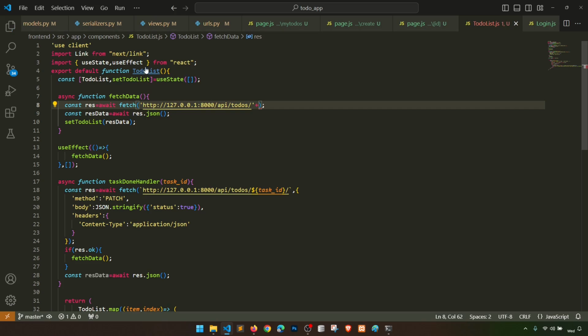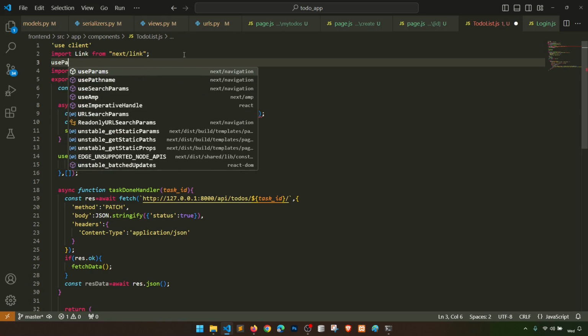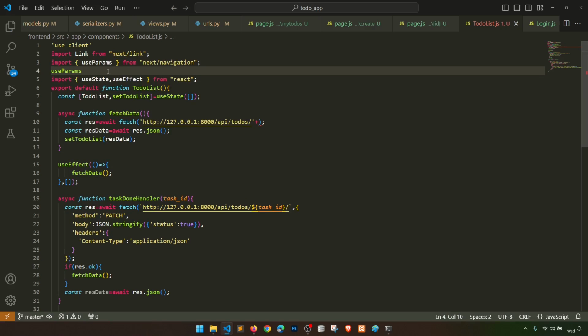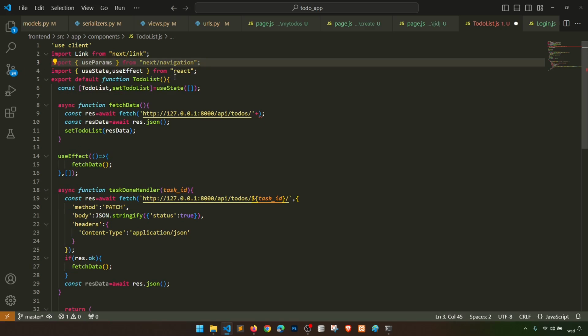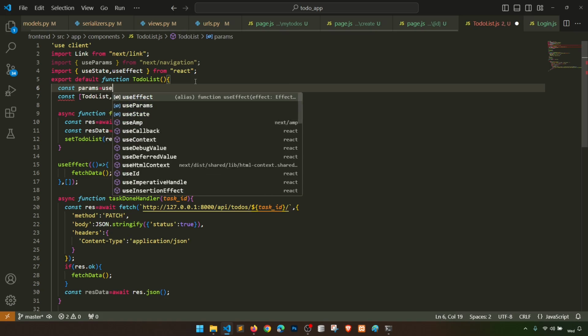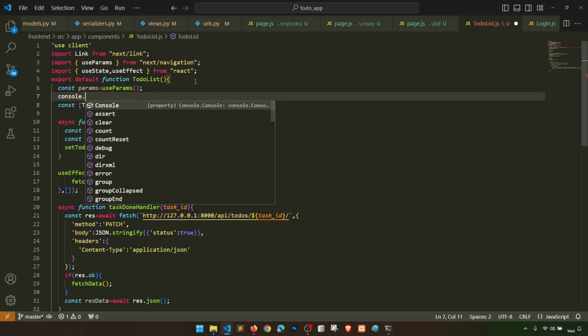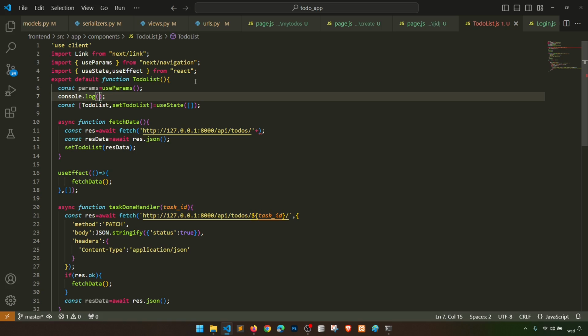So we'll use useParams from the navigation, right? And here const params equal to useParams, correct? And we'll see what parameters we have,